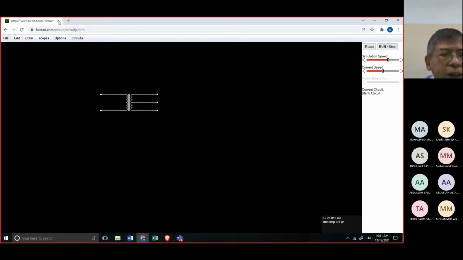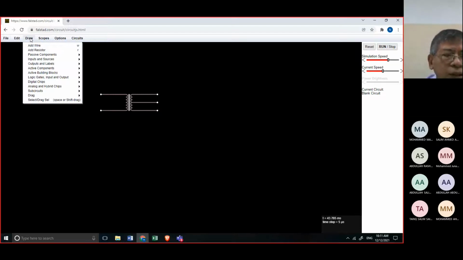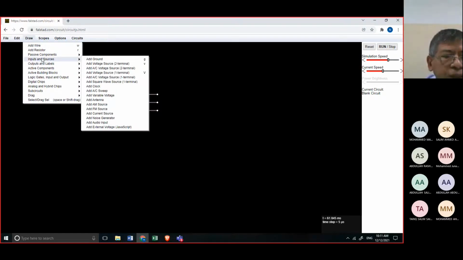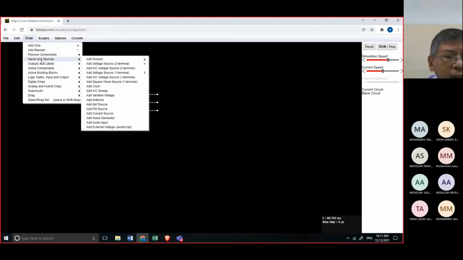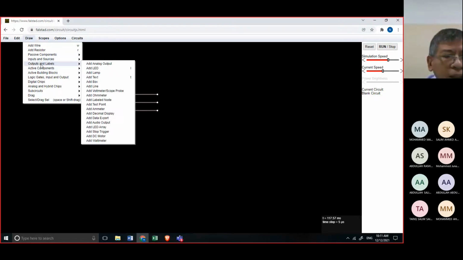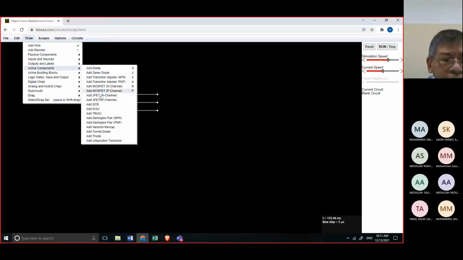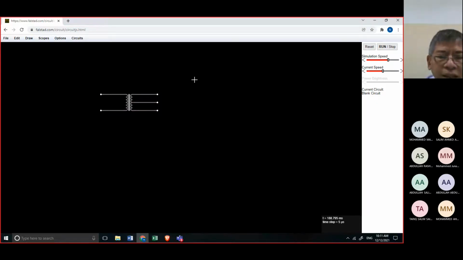Second, we need to go to draw. The SCR, or silicon controlled rectifier, belongs to active components. So from active components, you will see the SCR here. Click the SCR and it will show here. If you go down, the gate will go down, and if you go here, the gate will go up.